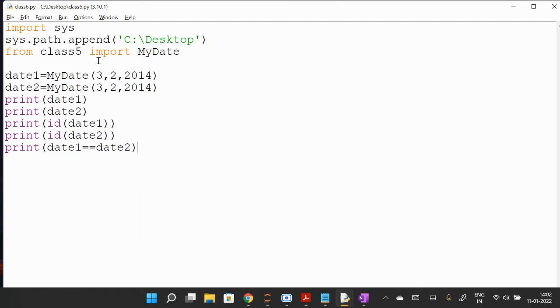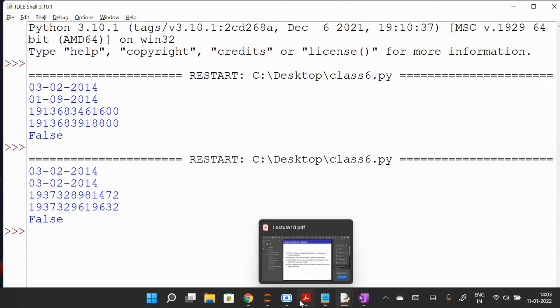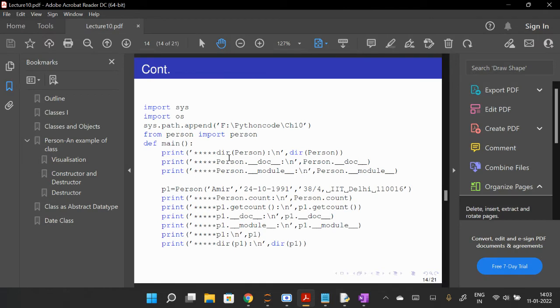But the purpose of today was just that we can import classes from another program into a new program, you know, without writing everything. We can just import it. So this was the purpose of this program. That was here, okay, and the same program is written here. So what will it do?